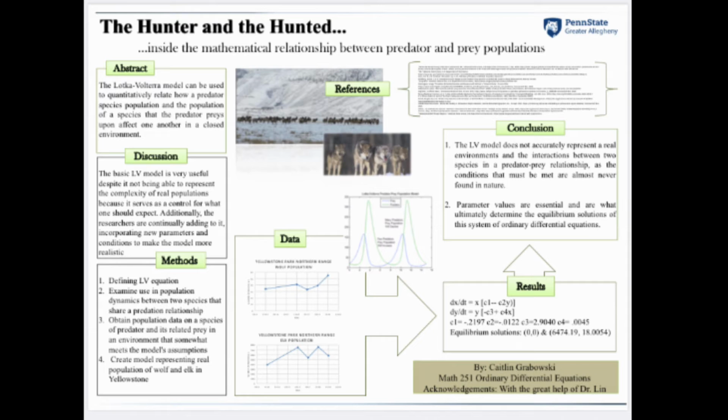I created my own Lotka-Volterra model for the wolf and elk population of Yellowstone National Park, using data obtained from the National Park Service. I first calculated the average values of each of the four constants. You can see the results in the bottom right of my poster. What I calculated doesn't align with reality. For example, the negative value of C1 would make the growth term for the prey population negative, when it should